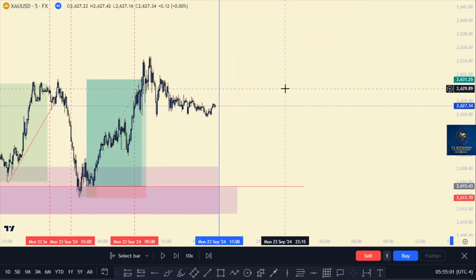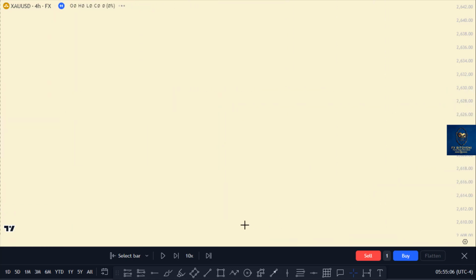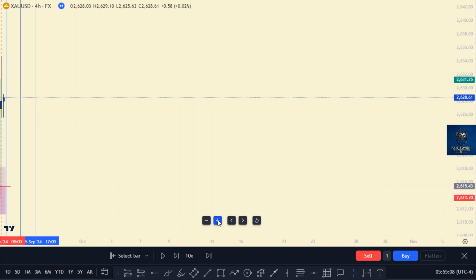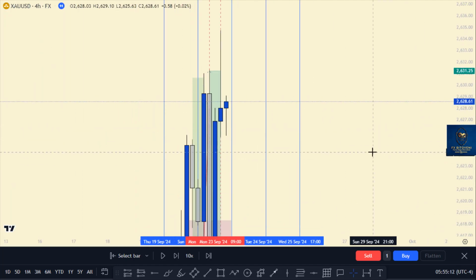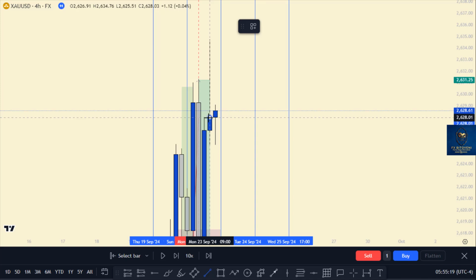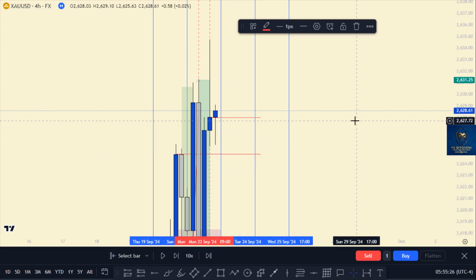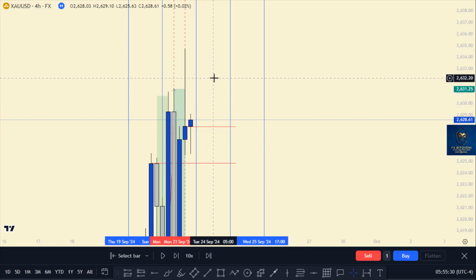Now we move on to the 4 hour again for our time frame. Go to the 4 hour time frame to mark the closest support level, which is here, and another one is around here. Now we are going to trade the next day. The next day, now we move to